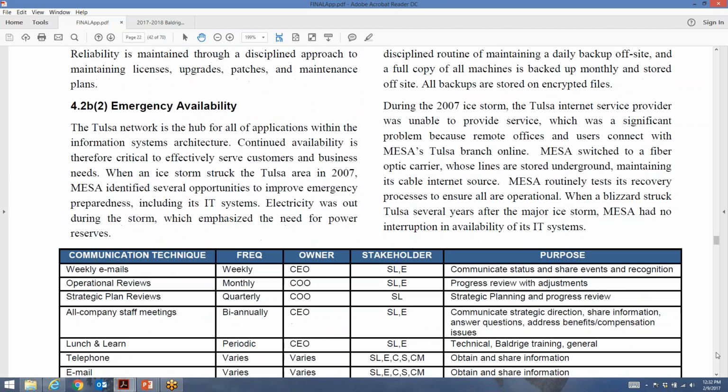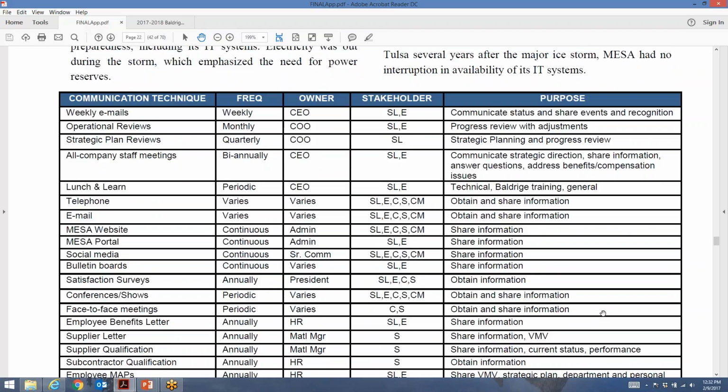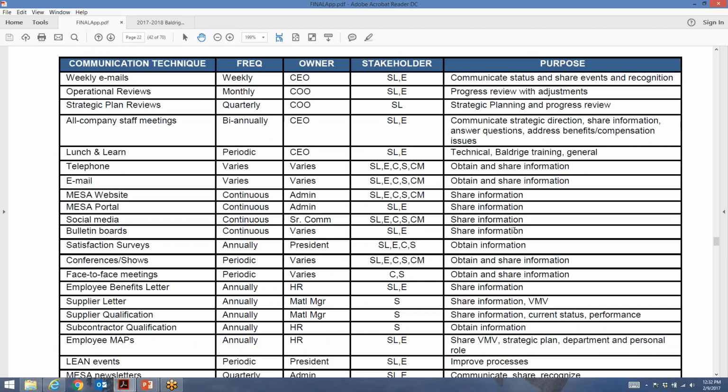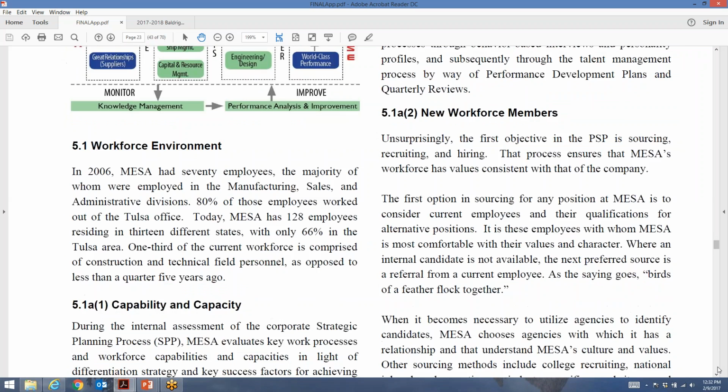Okay, moving right along. Tables, communication plan. So how do I communicate with my customers and my employees and my suppliers and so forth? Call it your communication plan. You've got to have a communication plan anyway, but give yourself a communication plan. List all those different ways that you do it, and tell me how frequently they are. Who does it? Who am I talking to? Is it one way, two way, etc.? What's the purpose of that? Now I look like I'm purposefully communicating. In this case, I am. That's probably a good thing to do. So have yourself a purposeful communication plan. Put that in a table. Now I've got multiple ways. We're going to refer back to that quite a bit.